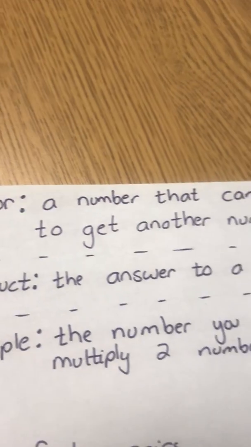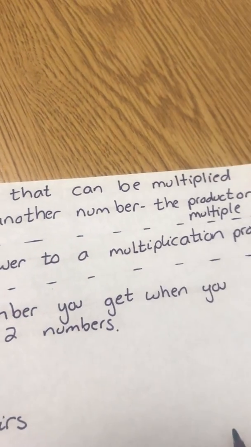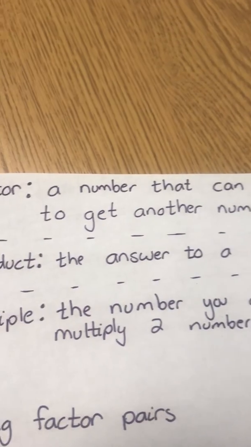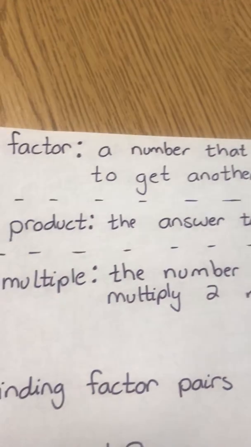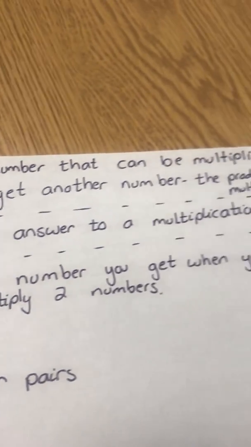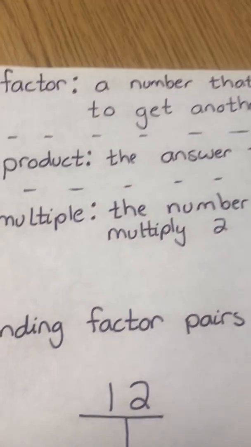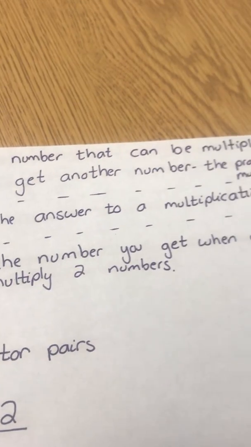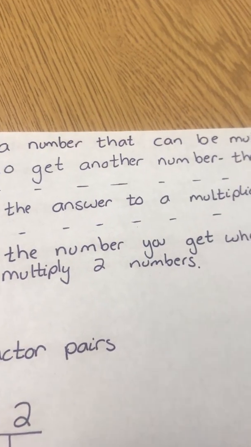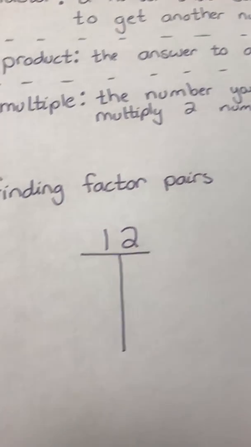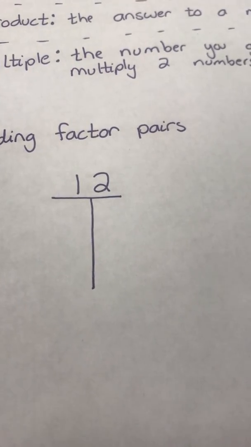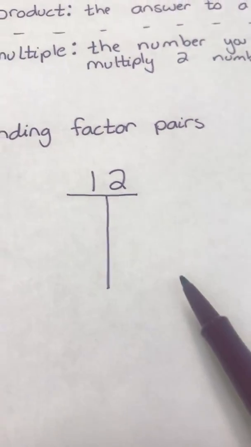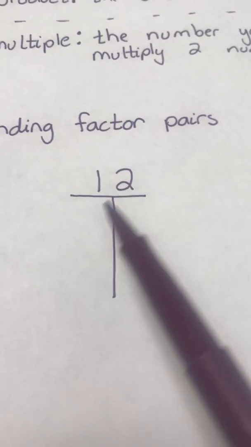A factor is a number that can be multiplied to get another number, the product or the multiple. The product is the answer to a multiplication problem, and a multiple is the number you get when you multiply two numbers together. So here we're going to look at finding factor pairs. So again, a factor is a number that can be multiplied to get to another number. So when we talk about factor pairs, we're going to talk about two factors that work together to get to